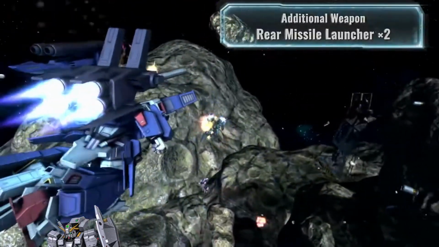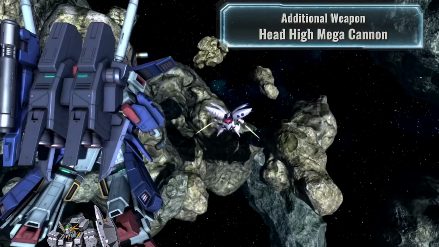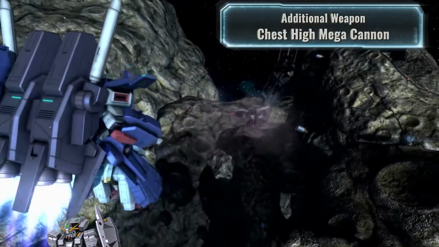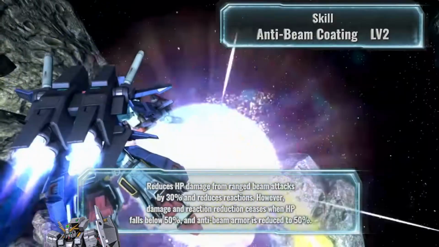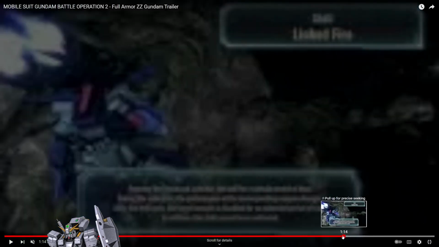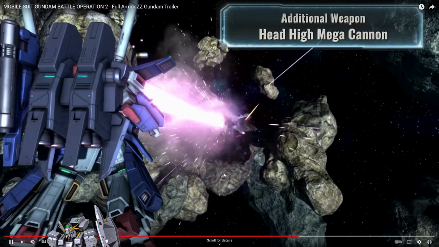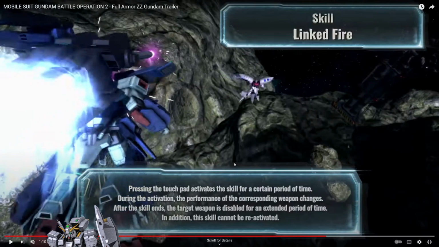But to reiterate, you have a lot of mid-range options on the full armored double Zetta in this case, because you have the head cannon to charge, you have what we like to say, the oh crap button with the crotch gun, and then the shoulder and backpack laser guns. Let me pause this for a second before we lose our spot here, because scrolling back, when you combine something with link fire, which is not really overload compared to some of the other shooty suits in GBO2, in the case of the full armored double Zetta, it allows essentially